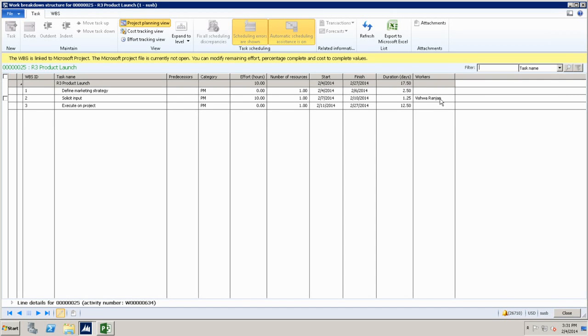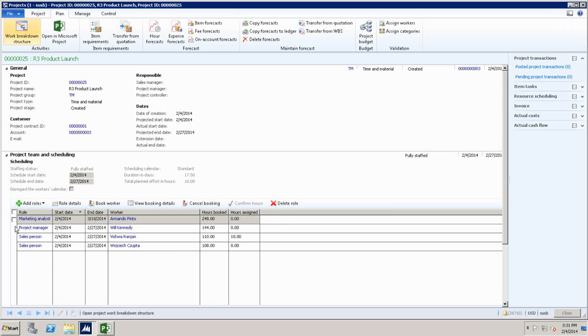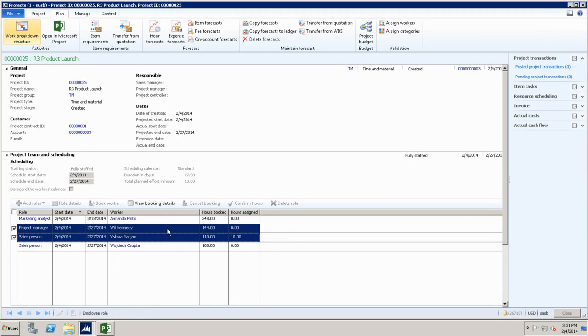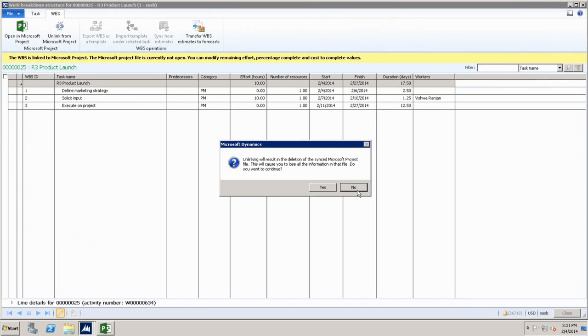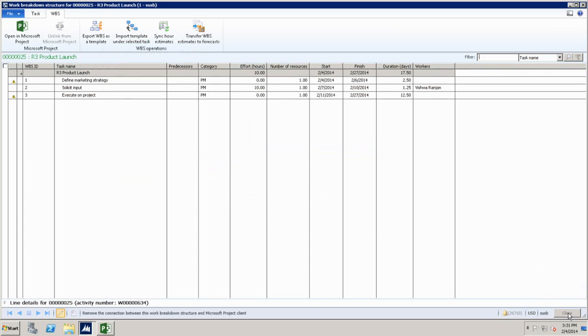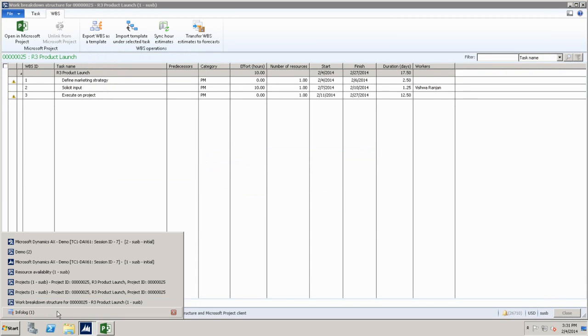Can you remove them from the project? Yes, you can. So I can come here, select, let's say, project manager. I can delete them now. You don't see me being able to do that because it's a linked project. Let me unlink it. And linked means there is an MPP associated with this project.